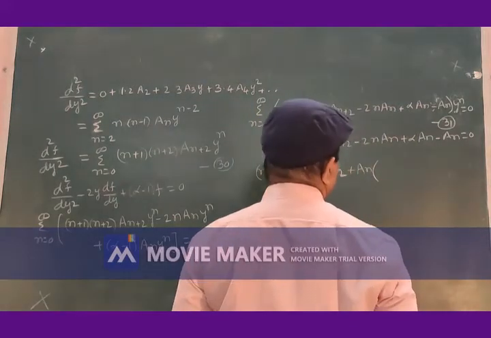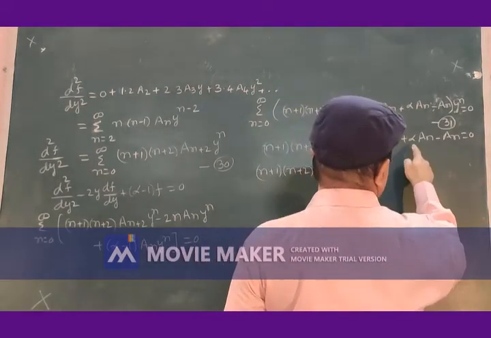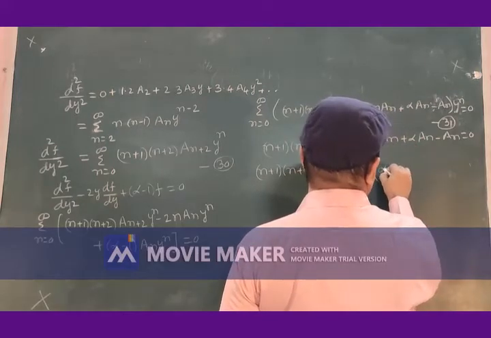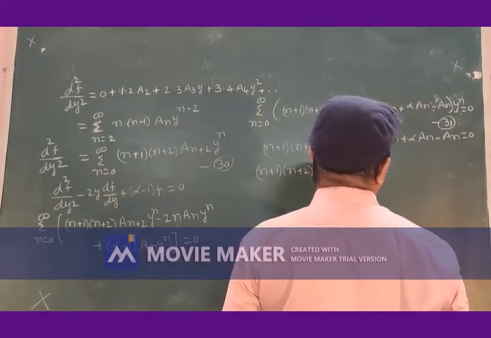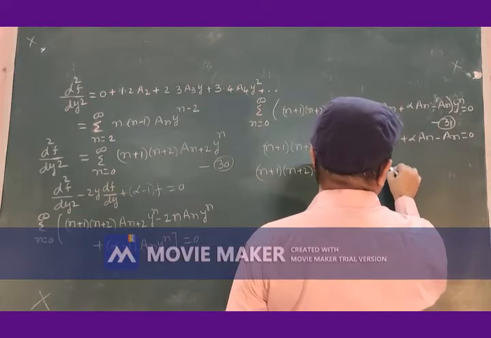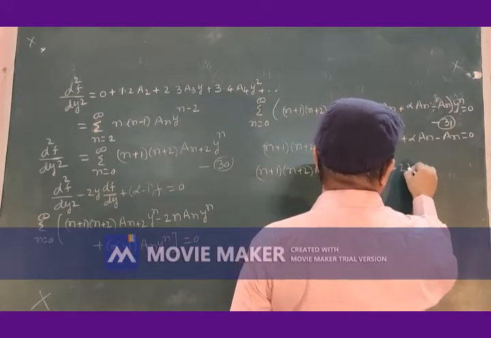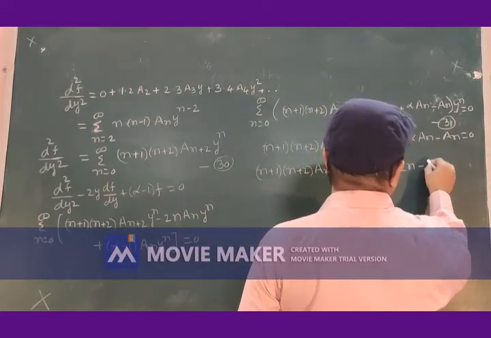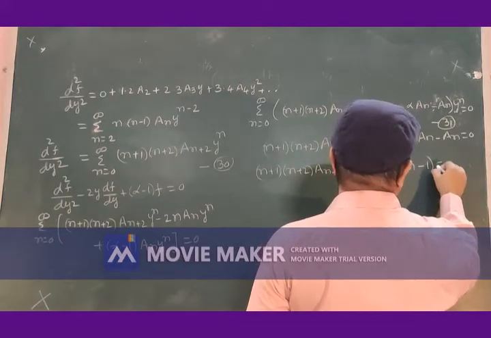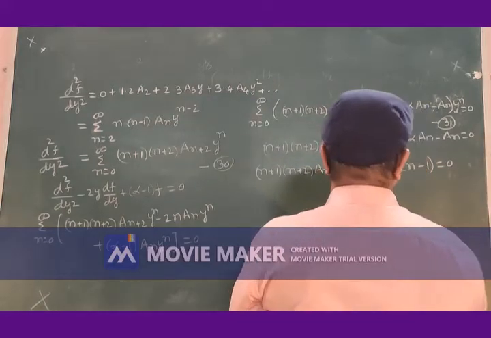If a n is taken common, what is left here? Alpha. What is left here? Minus 2n, minus 1 is equal to 0,